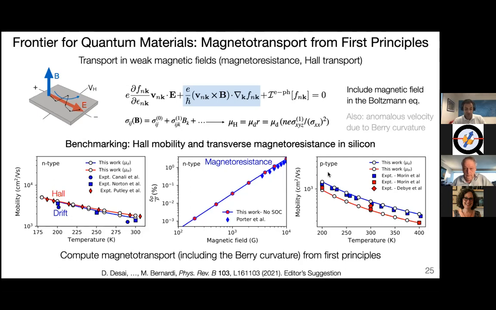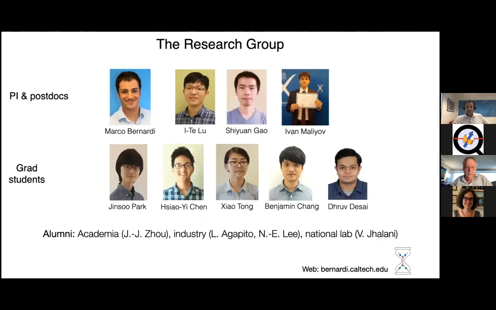computed accurately. In the same framework, we've also implemented the Berry curvature. So for example, for Weyl semimetals and for Dirac semimetals in magnetic fields, and now we're also able to include the anomalous velocity term due to the Berry curvature. We believe this tool is going to be instrumental to study transport in topological quantum materials in the future. So with this, I would like to thank my research group, both the current and the former members.